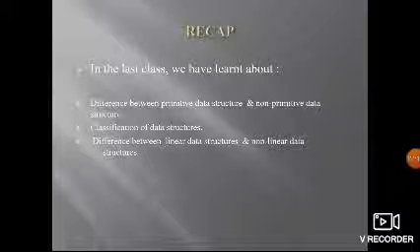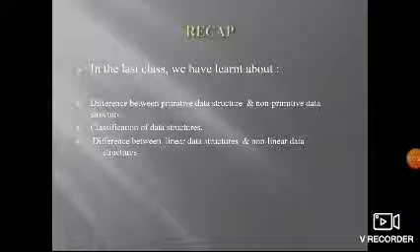List is divided into two types, linear and non-linear. Linear includes arrays, stacks, queues, linked lists. Non-linear includes trees and graphs. Okay, these are the differences between primitive and non-primitive.